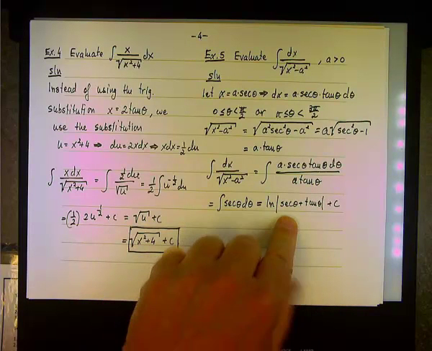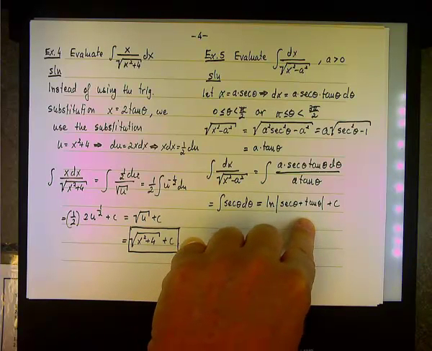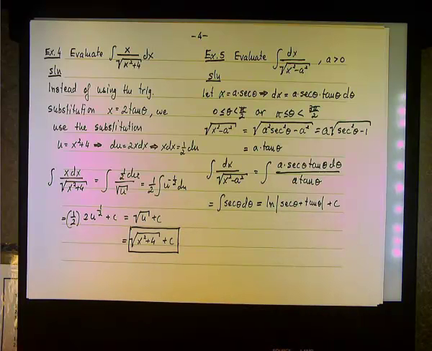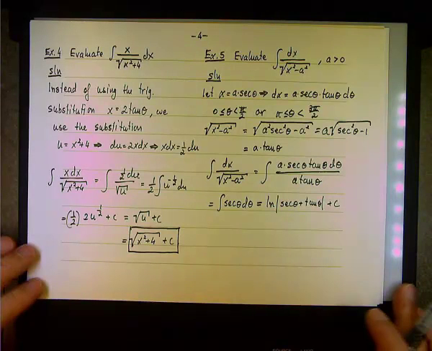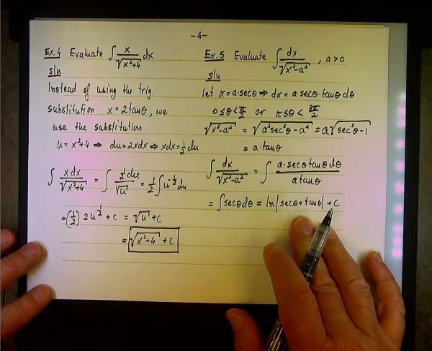The integral of the cosecant, if you remember, was the natural log of the absolute value of the cosecant minus the cotangent plus the constant c. Okay? What was the integral of the tangent? The natural log of the absolute value of the secant plus c. And what was the integral of the cotangent? The natural log of the absolute value of the sine plus c. Those 4 integrals you need to know. Anyway, so this is the solution in terms of the